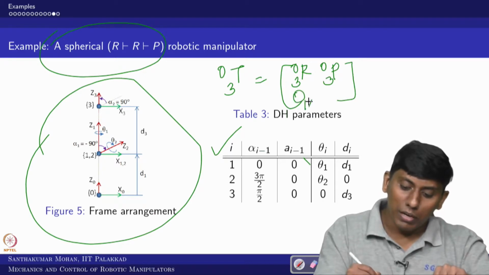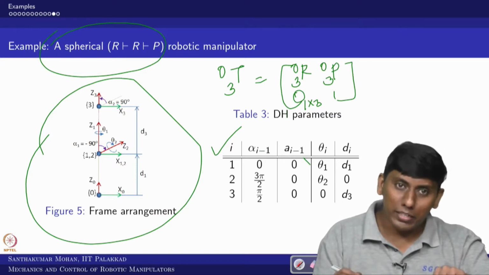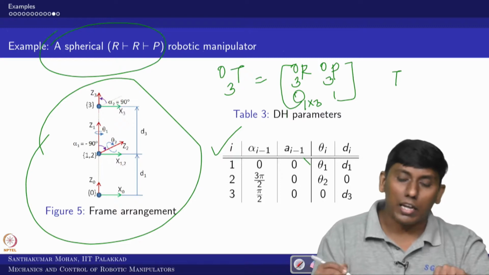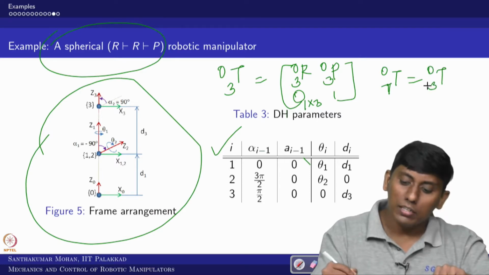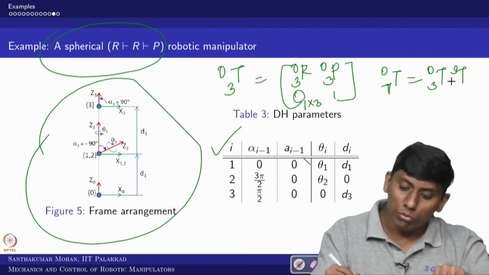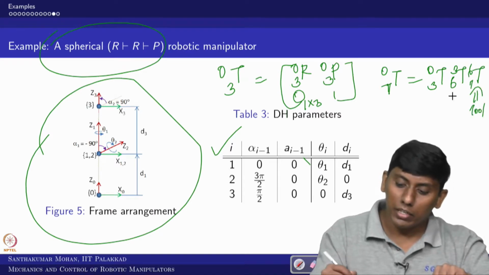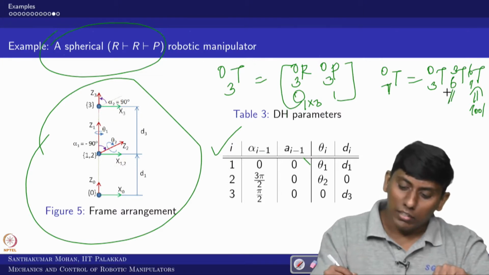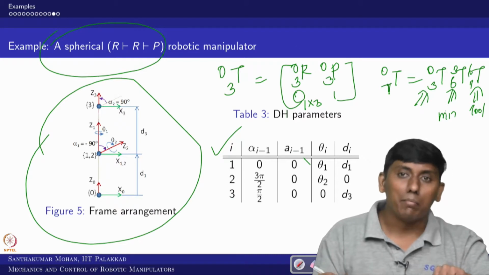So these we have all seen. Now, since it is a 3D system and it is going to give a major axis, we have seen that the transformation matrix of 7 with respect to 0 can be simplified as 0 to 3, then 3 to 6, and 6 to 7. This last part we call the tool orientation vector or matrix, and this is the minor axis transformation, and this is the major axis.